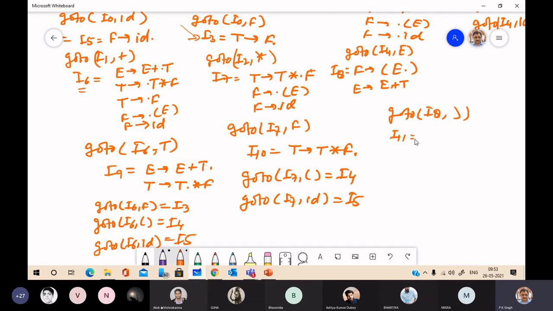Okay, which will contain F2 E. You can apply go to for this item also, go to I8 plus will give E2 E plus dot T, that is I6.